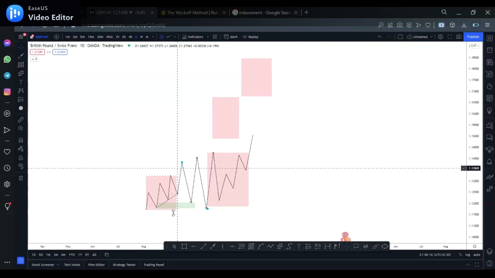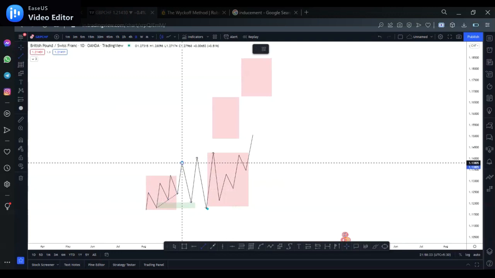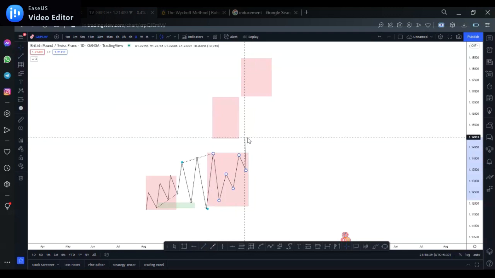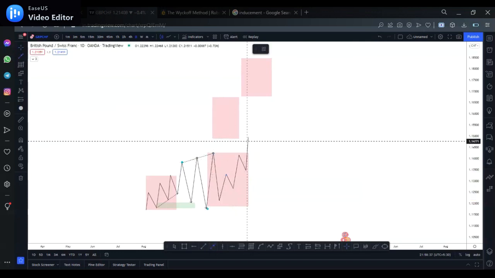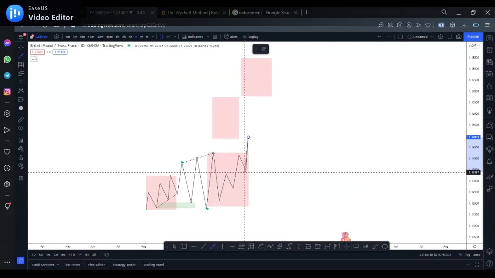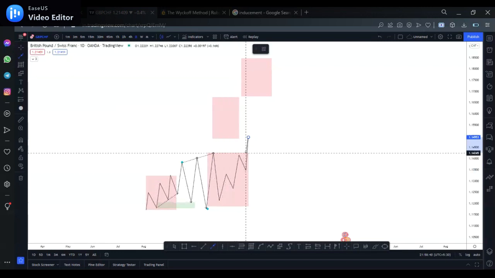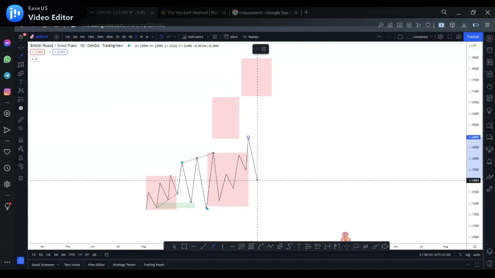And now if you turn this around, you notice that in the process of doing this, these guys were also creating liquidity right here, which I just took out in that same process. So this was the external range liquidity which was being created. And once the intentions over here are complete, they pay attention to these guys. If you notice, another block will be created within this low every single time. But before you take a trade or expect them to come below this, you want to see a break of structure from here. So you want to see them going lower, then returning back to mitigate this zone.